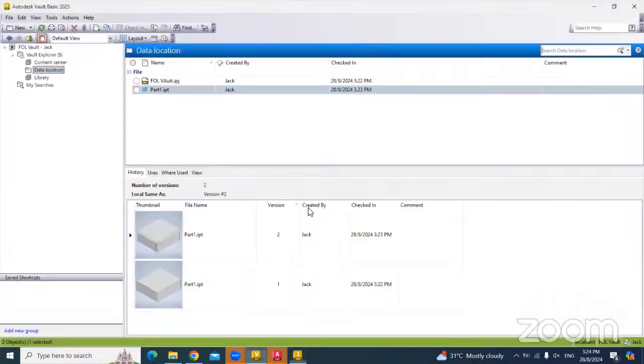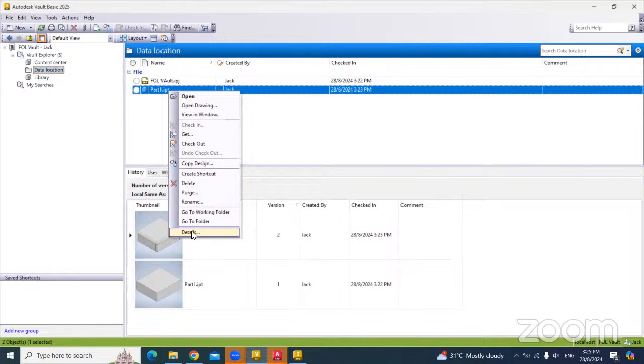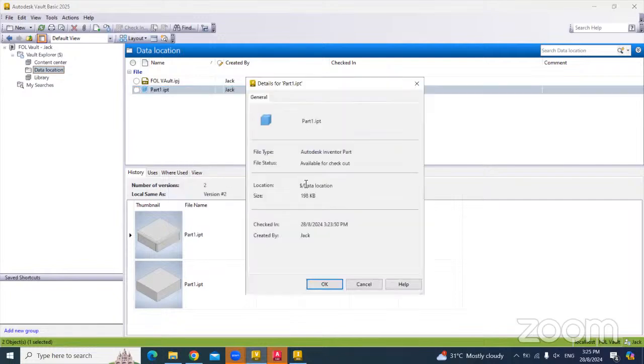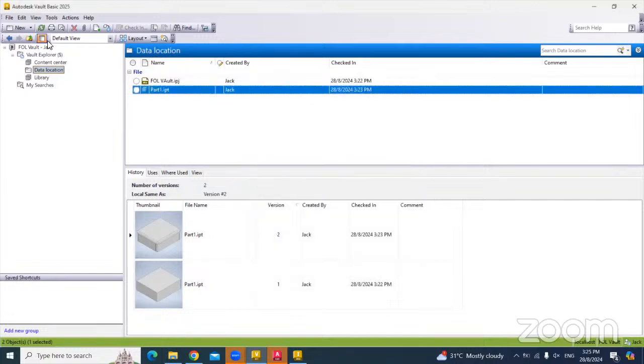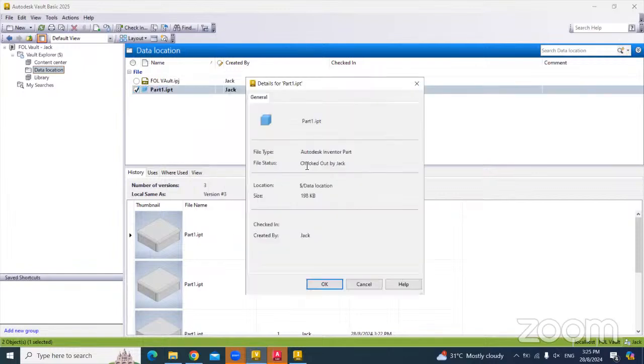If I go back here, I can see that this file is currently not able to be checked out. If I want to check who used this file, I can right click, select details, and see. This file is actually not available. Let me just refresh first and go into the details here. Currently it's being checked out by Jack. So Jack needs to check in first, and only then should I be able to